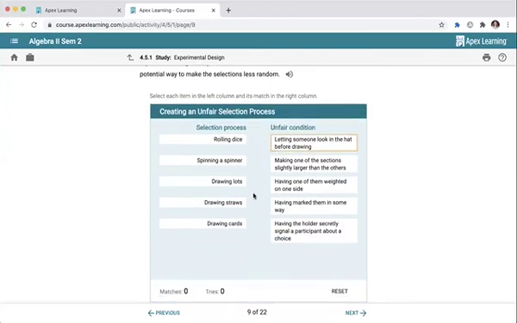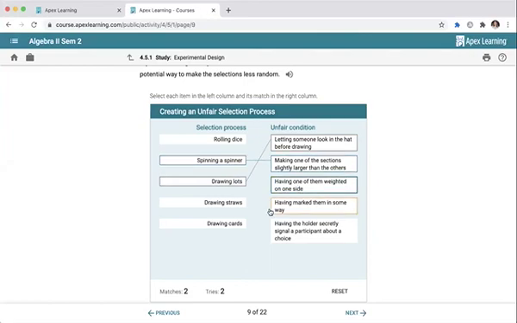All right, so taking a look at what might make some of these not fair: letting someone look in the hat before drawing, okay? Well, that would go with drawing lots, right? Lots meaning something out of a hat. Making one of the sections slightly larger than the other, that would make spinning a spinner unfair. Having one of them weighted to one side, that would make rolling the dice unfair, okay? Having them marked in some way, that would be